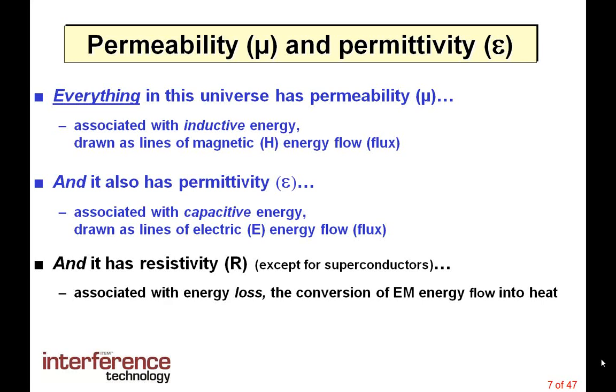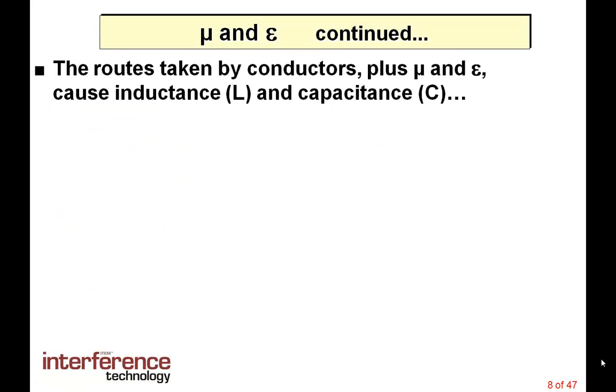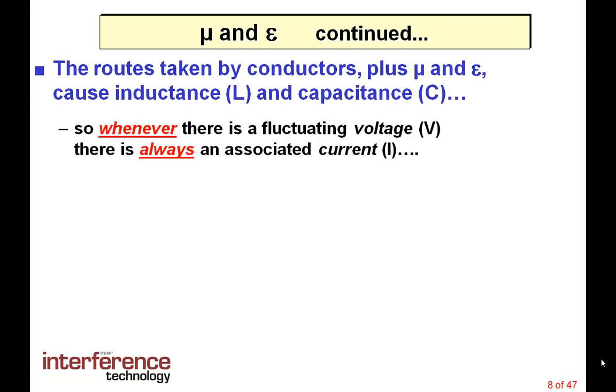Resistivity is associated with energy loss, the conversion of electromagnetic energy flow into heat. But it's permeability and permittivity which is going to be the most important to us. The routes taken by conductors and the permeability and permittivity of the medium, the air, the vacuum, whatever, cause inductance and capacitance to rise in those conductors. So we could be talking about wires, cables, printed circuit board traces, even bond wires on silicon chips. What this means is,